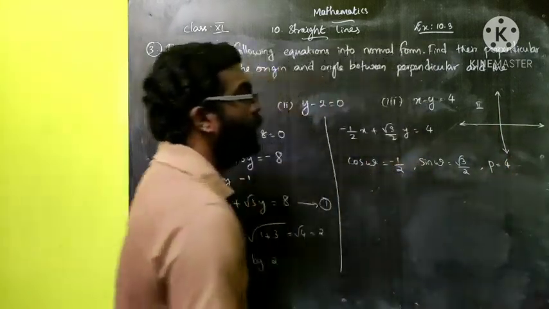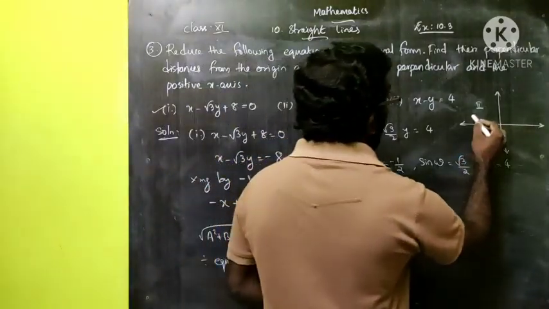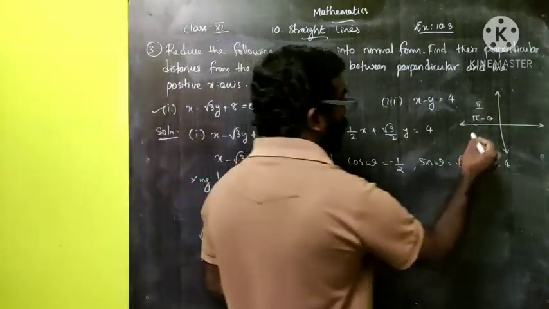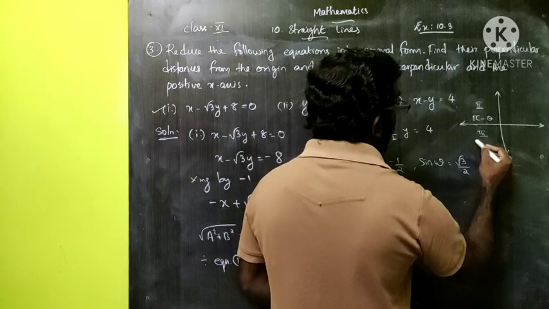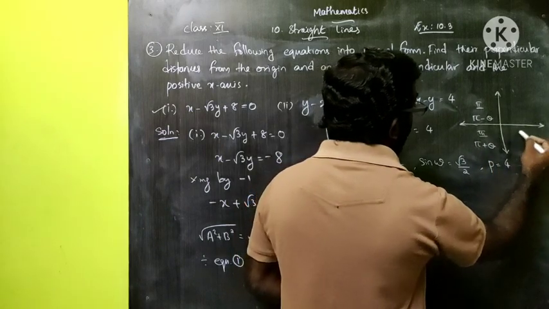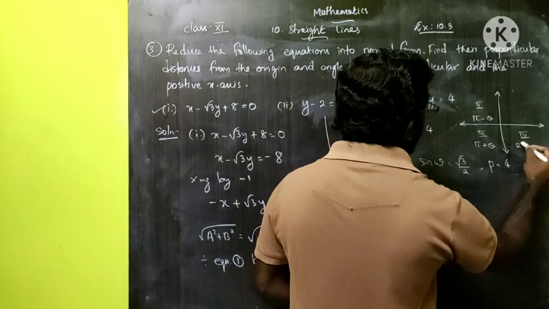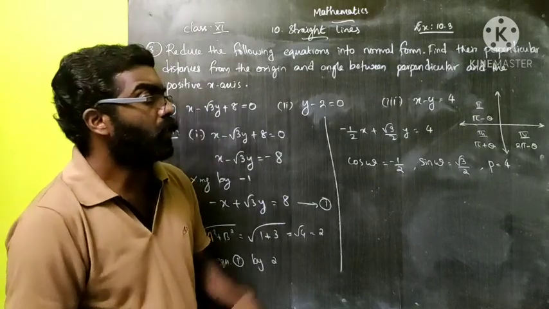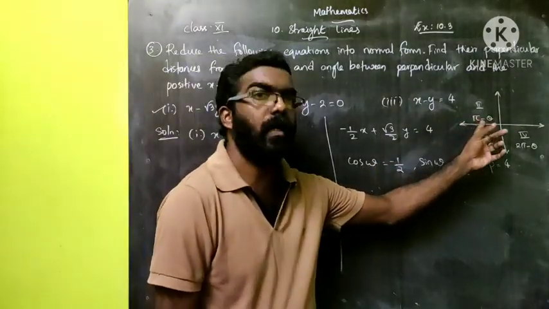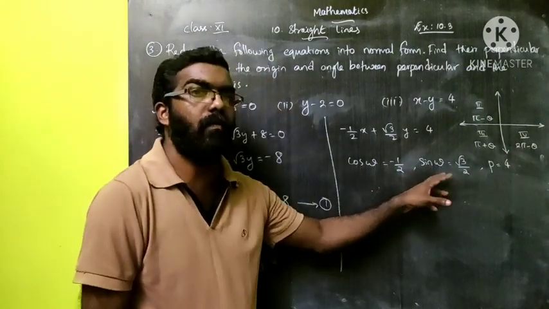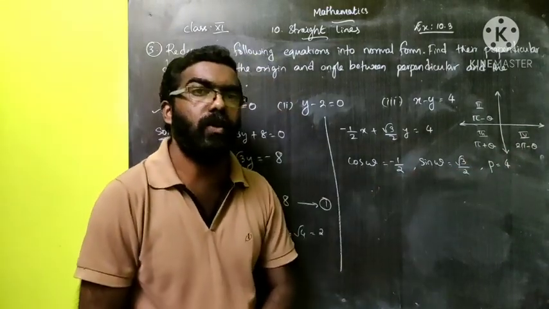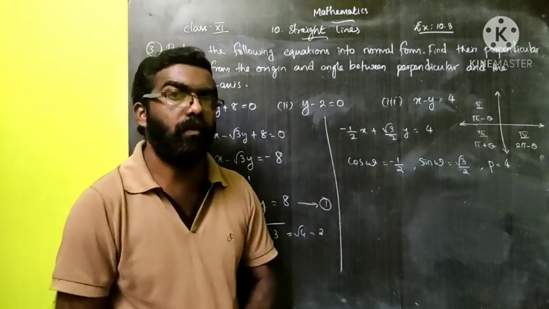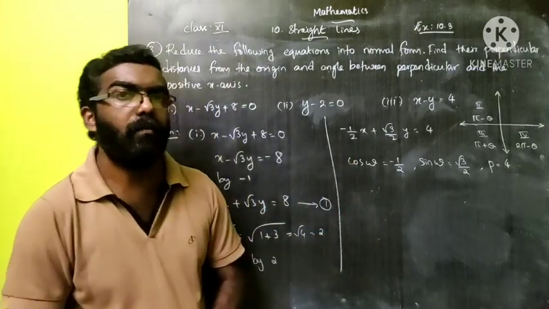And in order to get the value in the second quadrant, we can use the formula pi minus theta. That means 180 minus theta. And if it is in the third quadrant, then we can use the formula pi plus theta. And if it lies in the fourth quadrant, then we can use 2 pi minus theta. These are the rules we have to follow. So in order to get the angle in the second quadrant, we can write pi minus theta. Here theta means the angle we identified using this value, that is root 3 by 2. Sin 60 degrees is root 3 by 2, and cos 60 degrees is 1 by 2. So we can replace theta by that particular number, 60 degree.